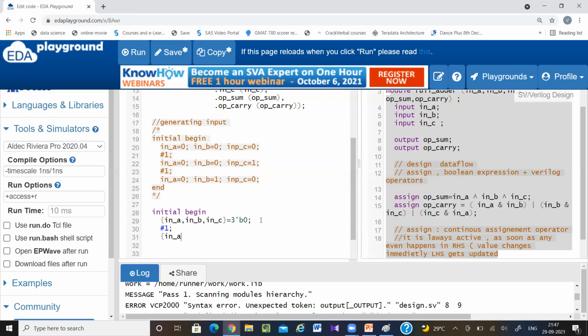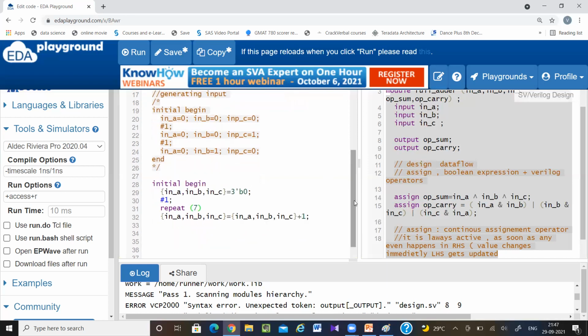Then input A, input B, input C equal to input A, input B, input C plus 1. I am going to repeat this 7 times. So repeat 7 means it is going to repeat the things 7 times. Then I can give some #1 delay.